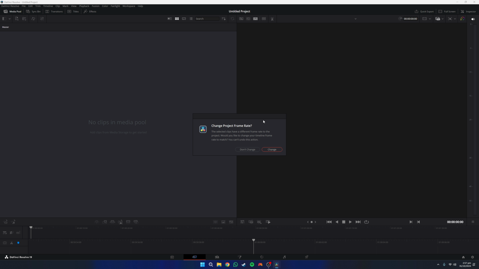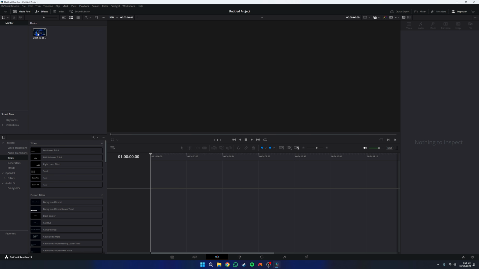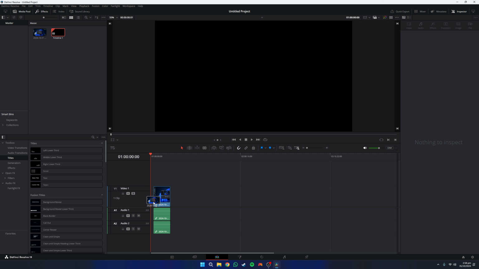Now, if you have 60 FPS and your timeline is 30, it will say here, change project frame rate. These selected clips have different frame rate to the project. Would you like to change your timeline frame rate to match? Press change all the time, unless you want to down frame your video to 30 FPS, which I wouldn't recommend. I think 60 is smoother, and if you're recording it on 60, why not export it on 60? As you can see, if I drag this right here, I'll have